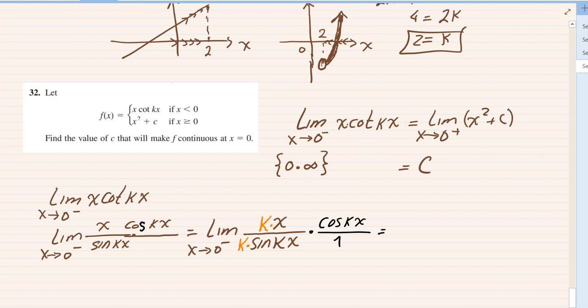Alright. Now, limit of a product is product of limits. We know this limit is 1. And then cosine of kx, when x is 0, you get cosine of 0. Cosine of 0 is 1. 1 over 1 is 1. Aha. So c is equal to, looks like